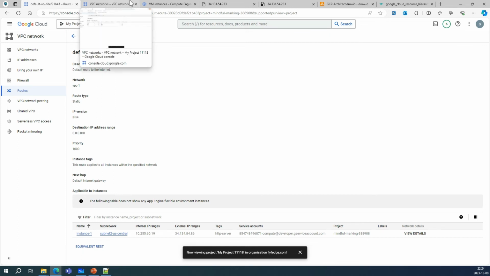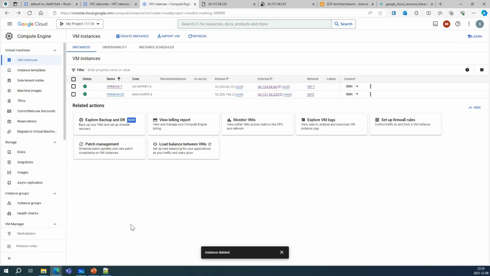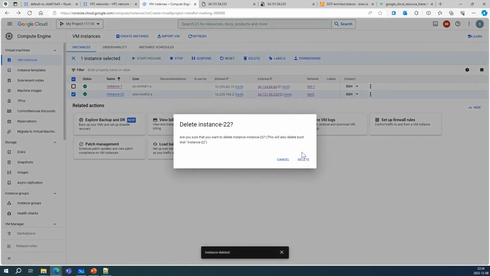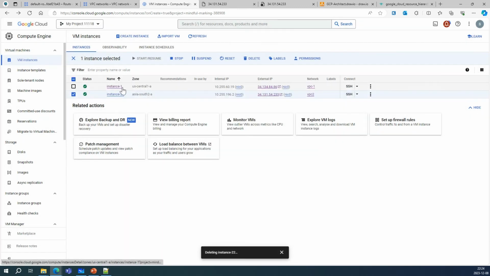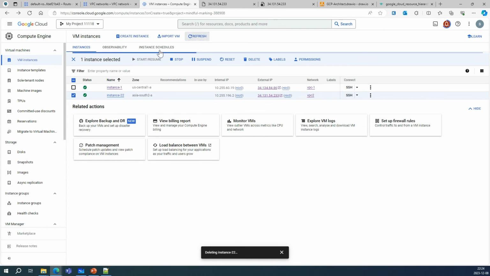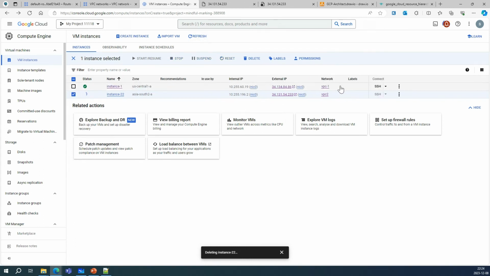I'm giving a very simple example now. Let's say delete this one. I don't need this. Just focus on instance one, which is in VPC one. I'm focusing only on VPC one and this instance. Now, if I SSH to this instance, this first one,